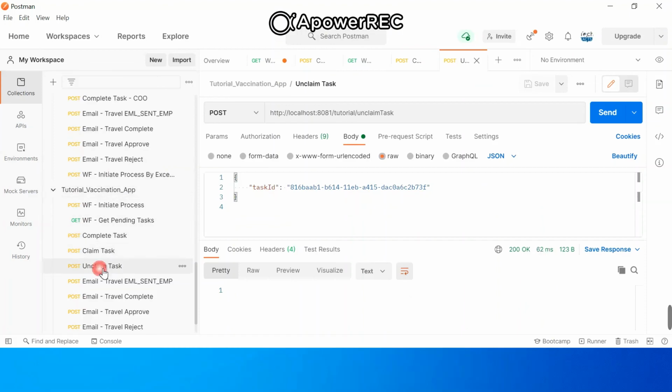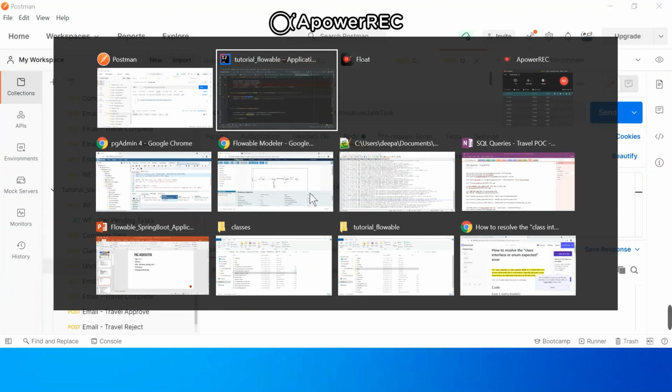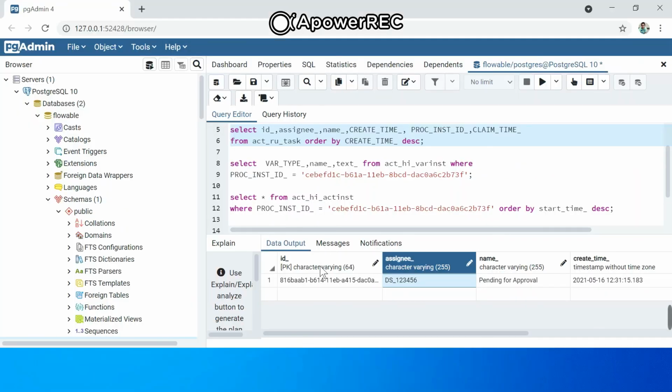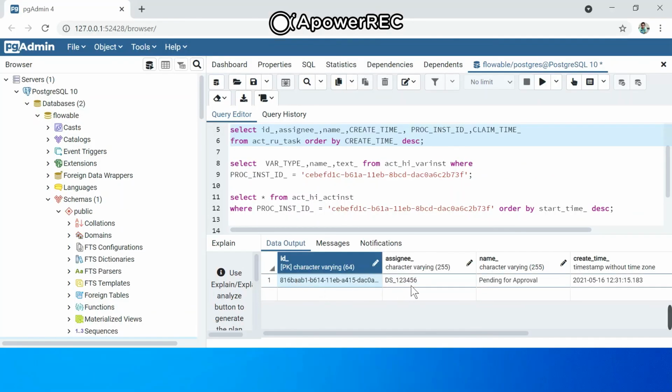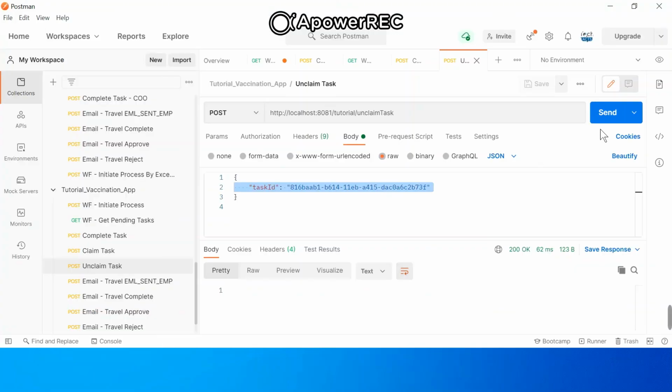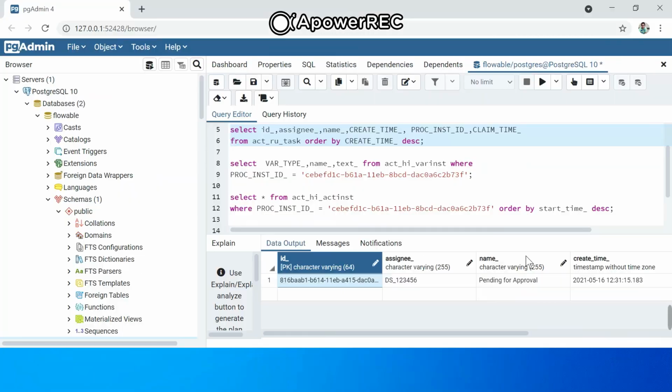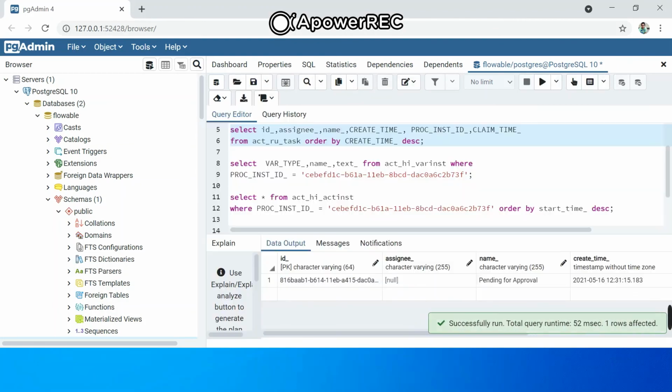For that we have this unclaim user task. We have the same task ID which is assigned to this user. If we click on send, we have a 200 OK response. If we try to execute this again, this assignee has been removed and this task is again available